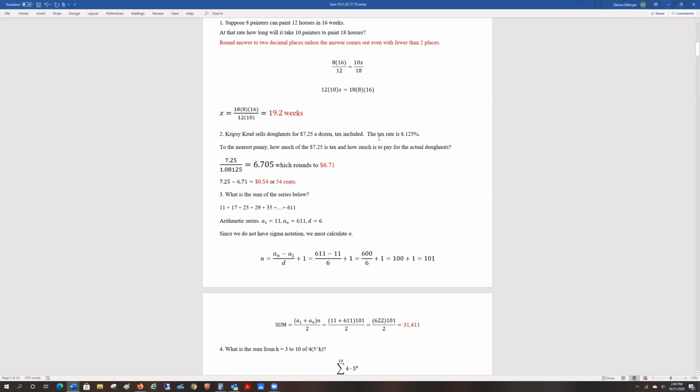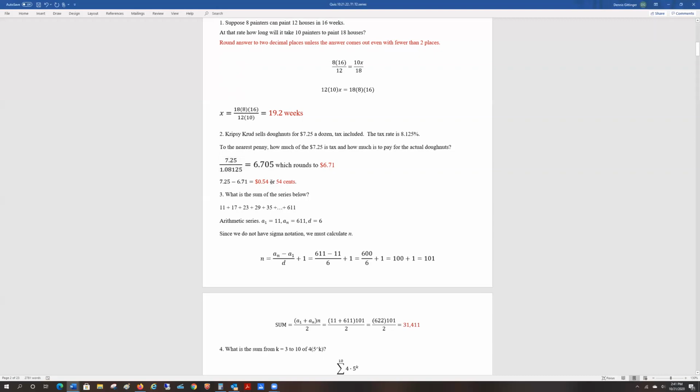But we do know that if you take a number and you add 8.125% of it to it, you increase it by 8.125%, the result is 108.125%. So you take the price with the tax included and divide it by 1 point, the tax rate expressed as a decimal. And you get 6.705. And I wrote the third place once again because I need to know whether it rounds up to 71 cents, and it does. The digit right after 5